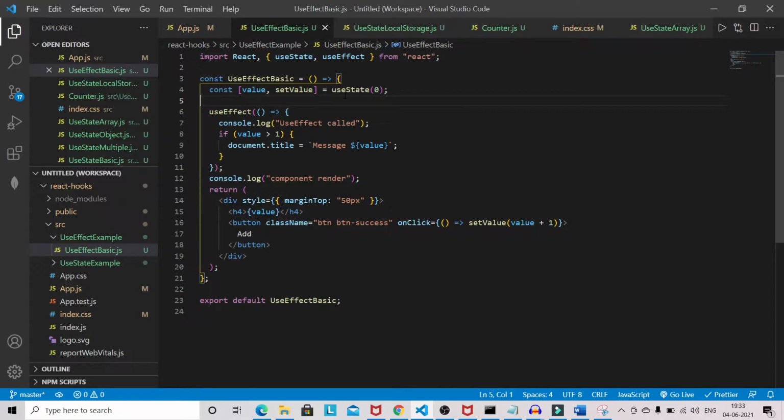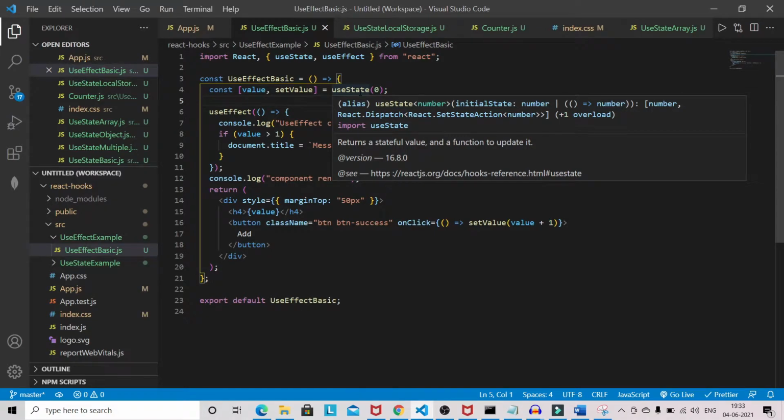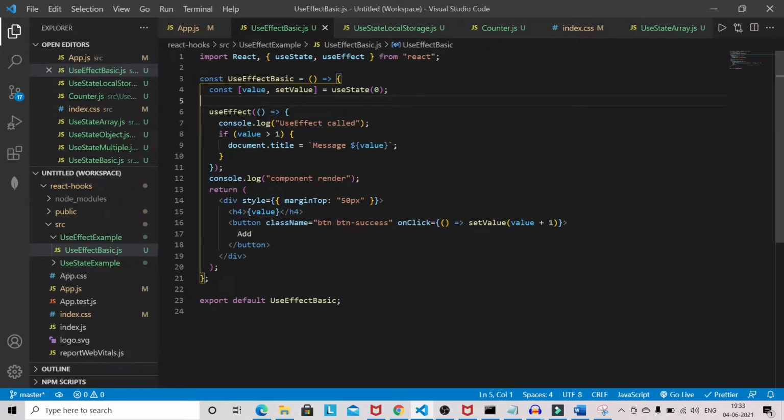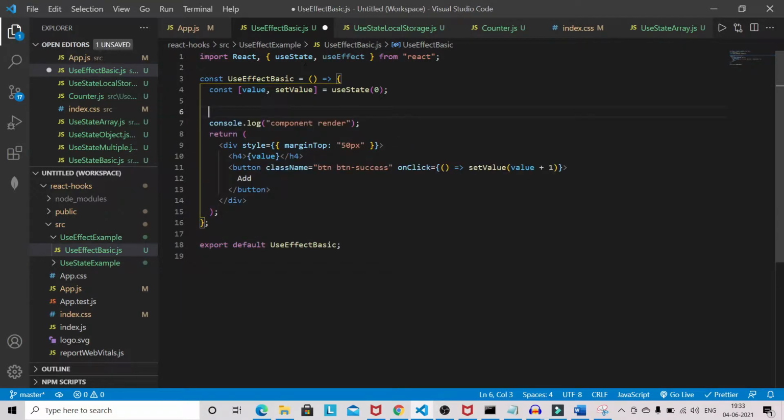First, it preserves the value between renders, and the second thing, useState triggers the re-rendering of the component. That's why we are getting this log and this log.